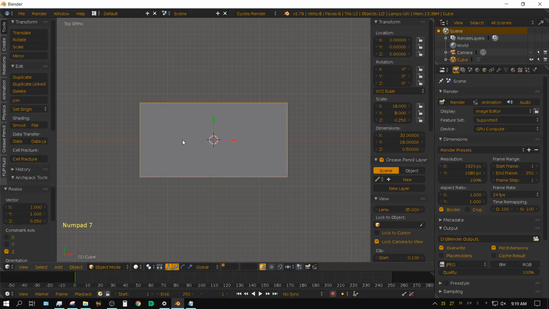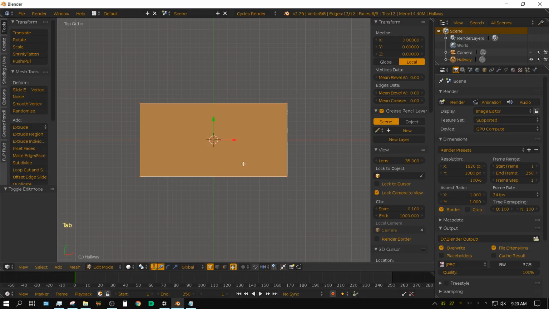Before we go any further, I'm going to name this hallway. Now with this hallway selected, I'm going to press Tab to go into edit mode, and now we need to create some loop cuts, and these loop cuts will define the areas that we are going to extrude in order to create the walls.